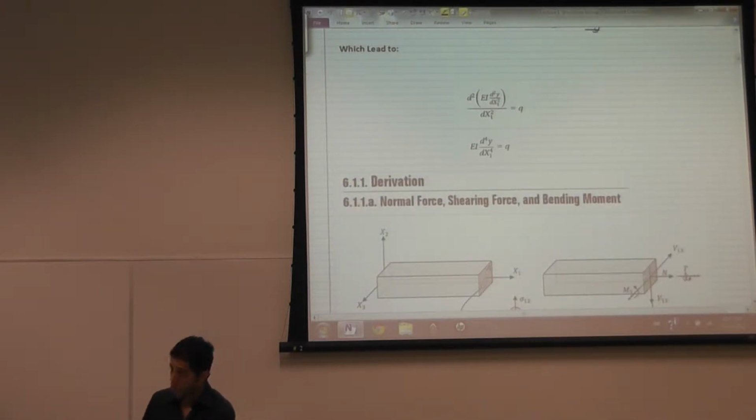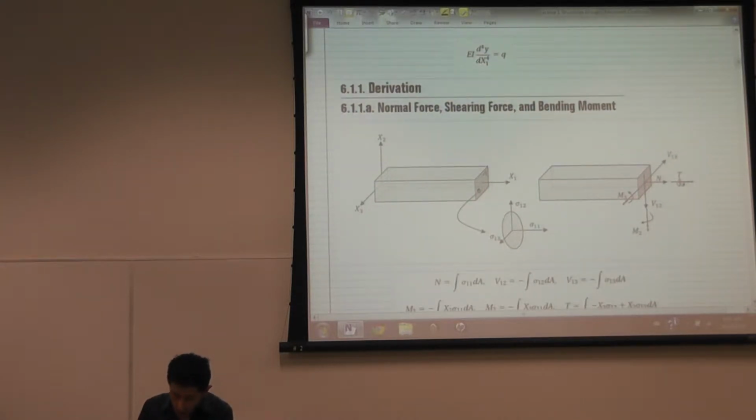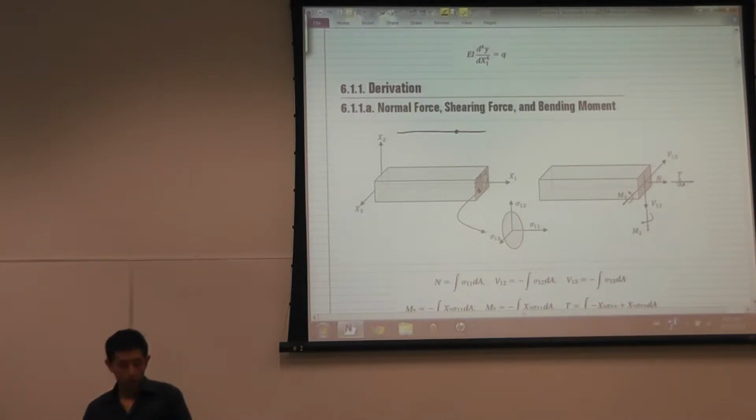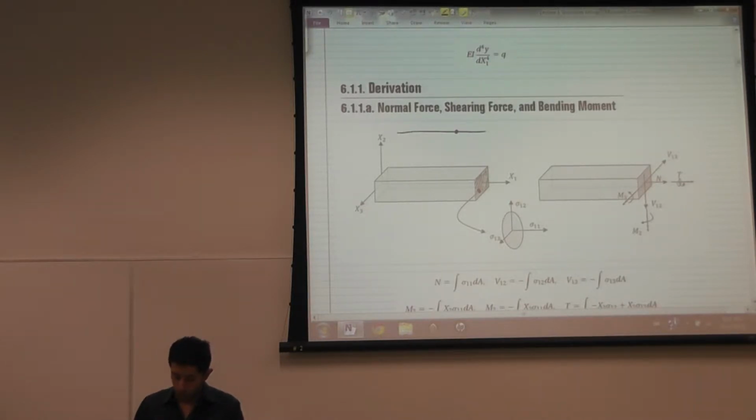So while everything that we did before was in terms of stresses acting on a small cube, because now I would like to analyze a beam, instead of looking at a whole beam as a three-dimensional object, I would like to look at it as a one-dimensional object, or as a line object. So this point on the beam corresponds to a whole plane. Because this point corresponds to a whole plane, I'm going to replace the stresses, which are sigma on 1, sigma on 2, and sigma on 3, I'm going to replace them